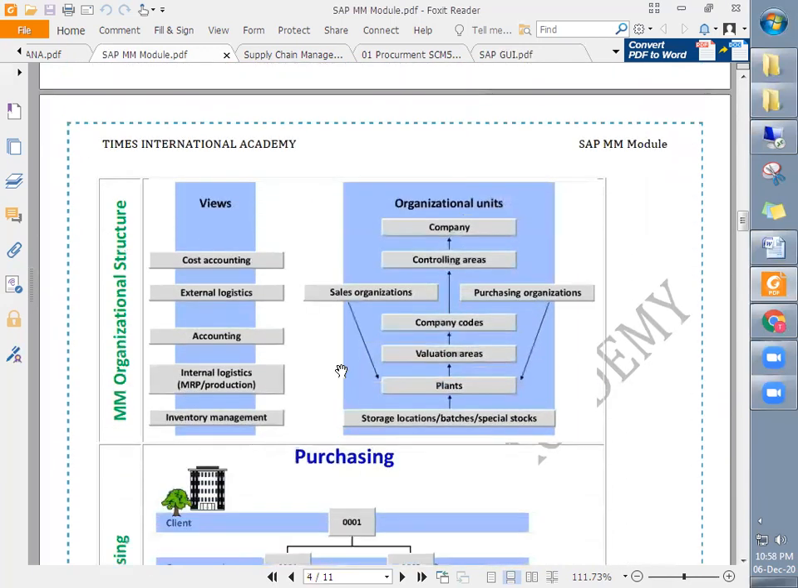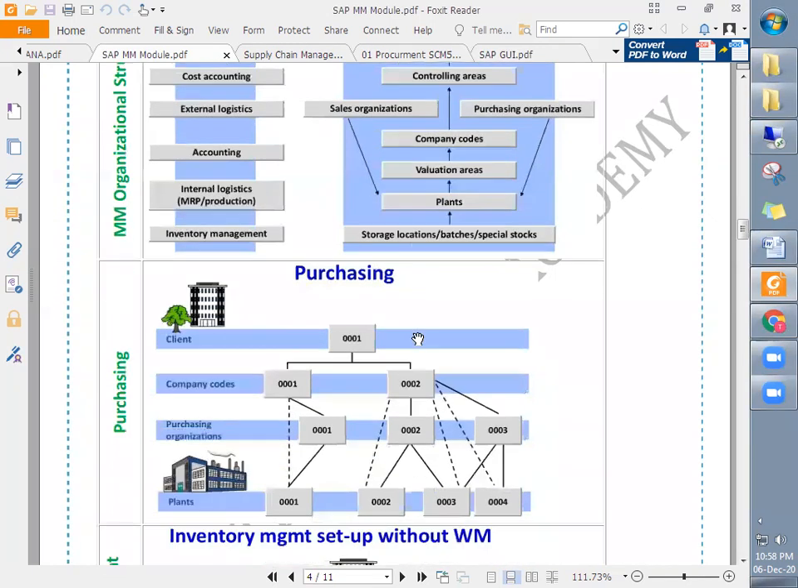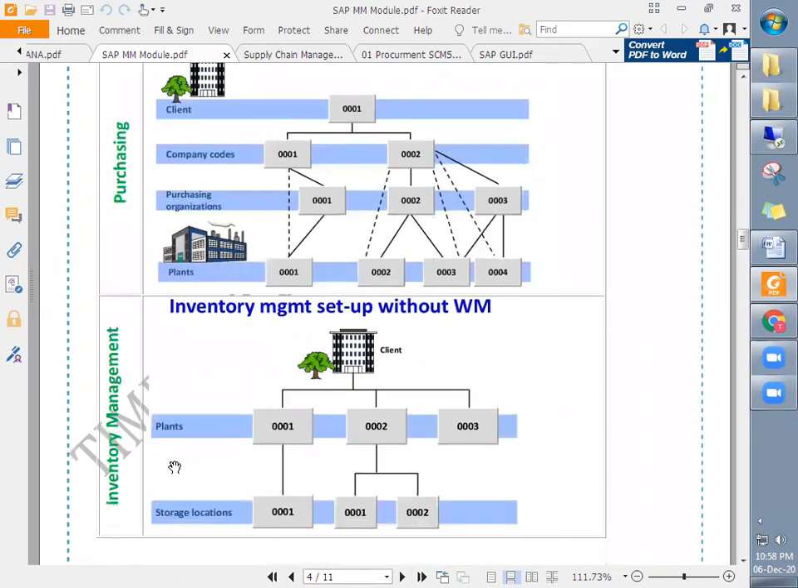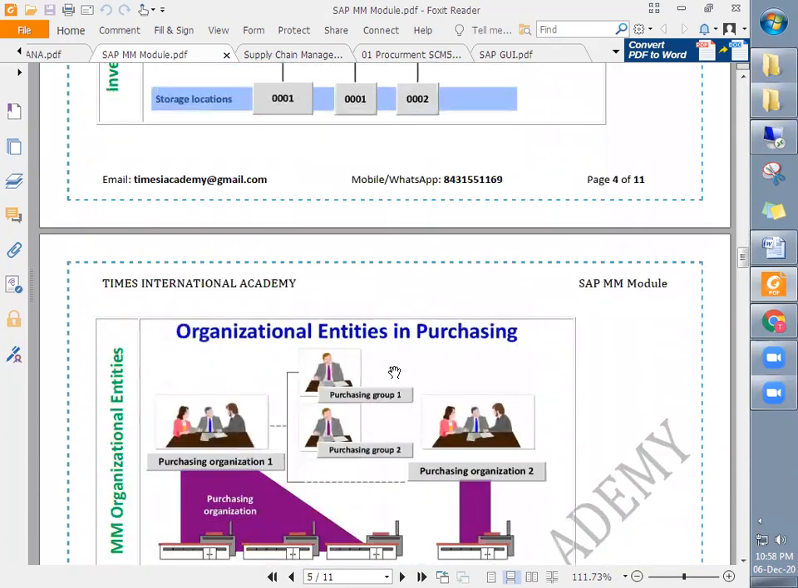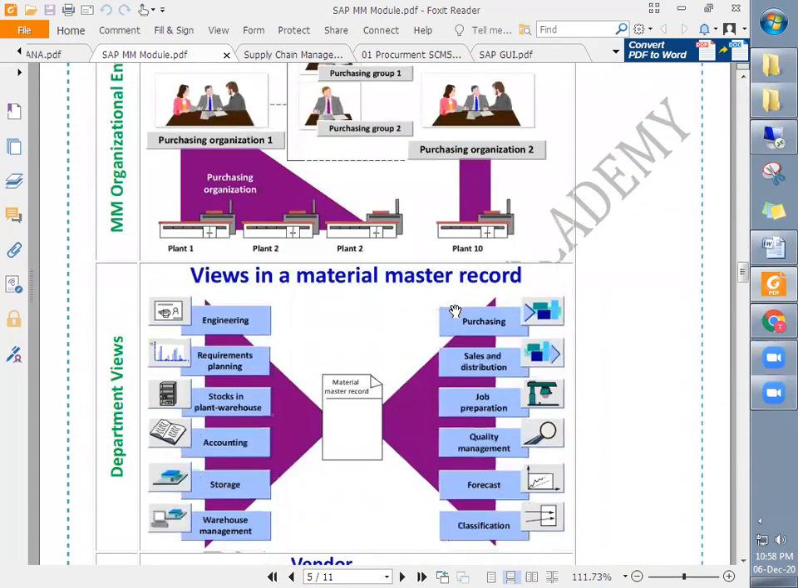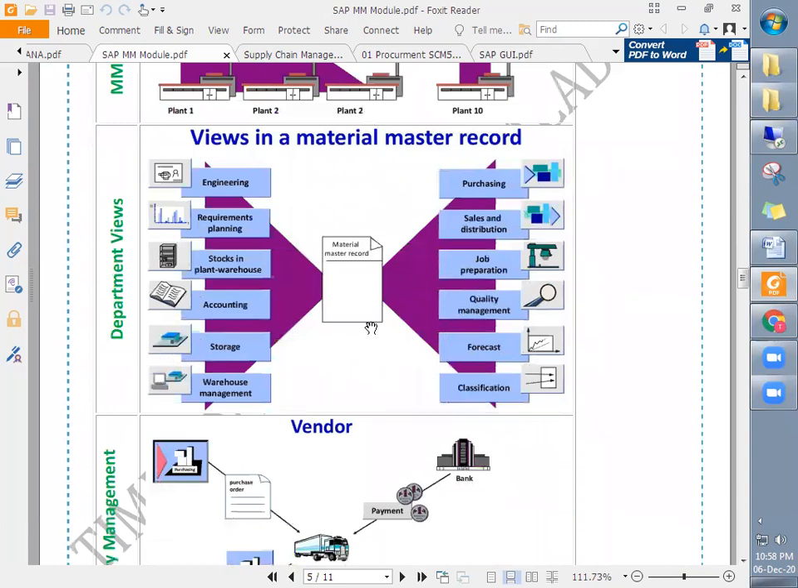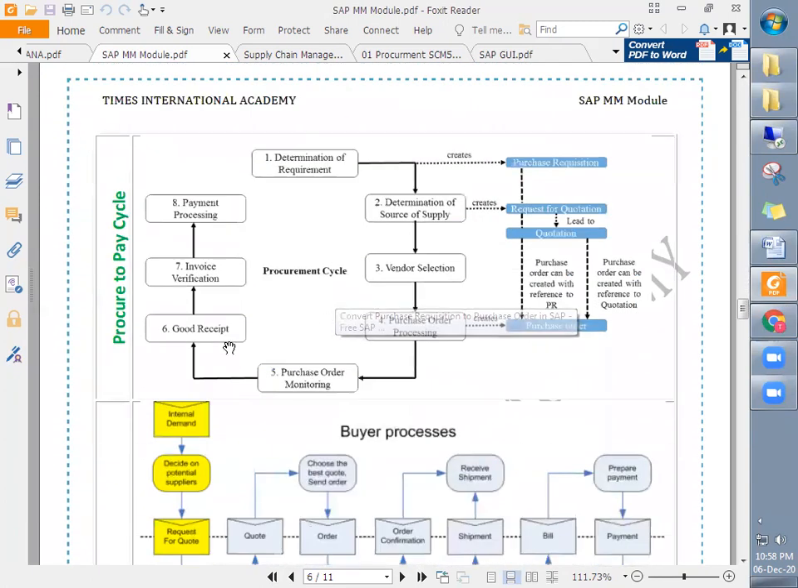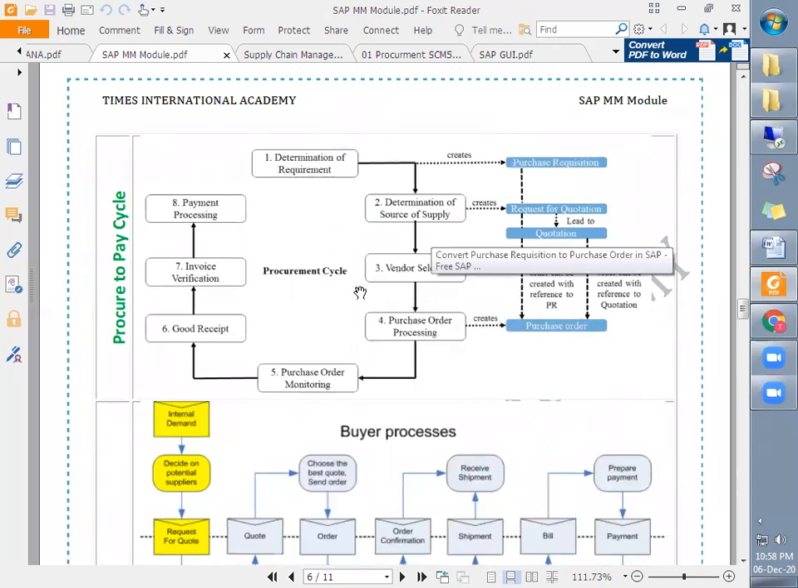Now in order to do that, we will also be discussing MM organizational structure, the purchasing, inventory management, organizational entities in purchasing, and of course master data, starting with material master and then vendor master, and the procure to pay cycle. This is the most commonly known cycle, the procure to pay cycle, where it starts with